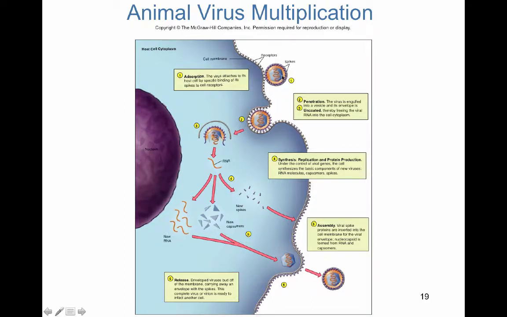That influenza virus uses its spikes on the surface to attach to receptors on your epithelial respiratory cells. It will then penetrate through the cell membrane. So the virus is engulfed into a vesicle, and then it's going to uncoat, so it's going to release its genetic material. Here it's an RNA virus, so the nucleic acid is in the host cell. Remember, all this blue stuff here is the host cell cytoplasm. This is one of your respiratory epithelial cells.